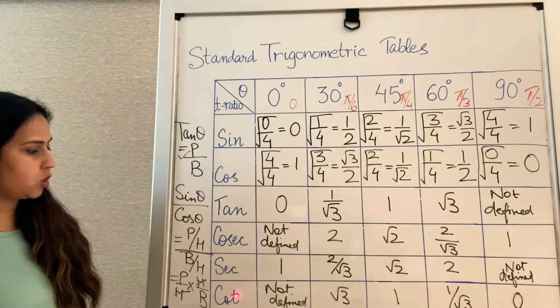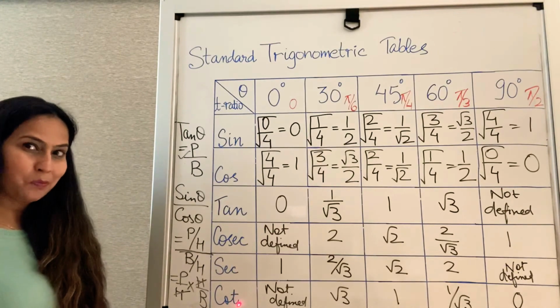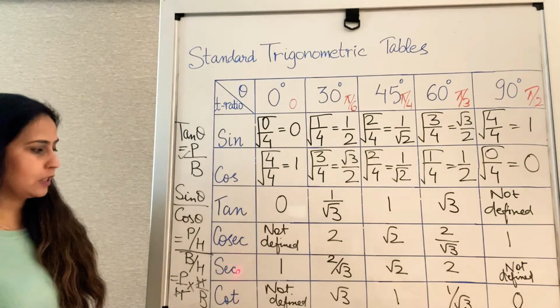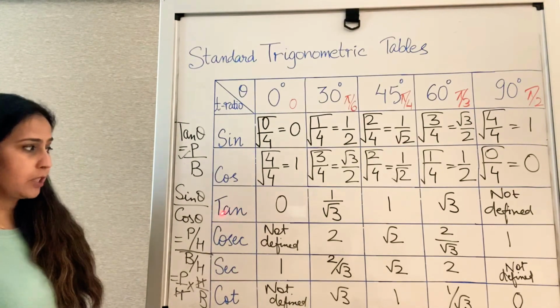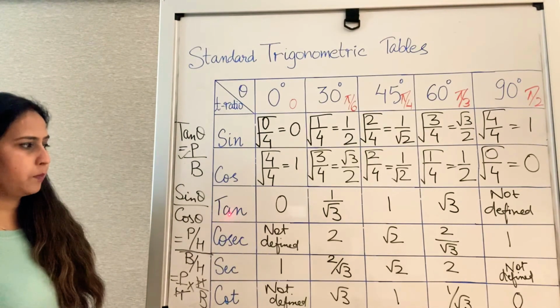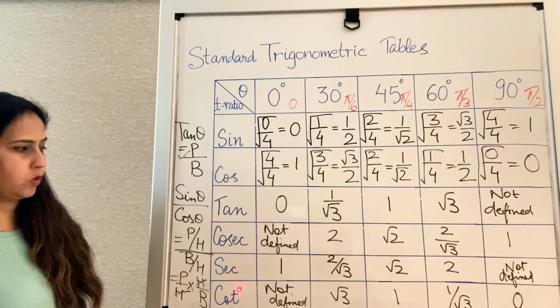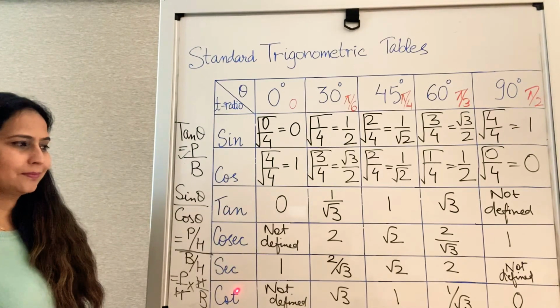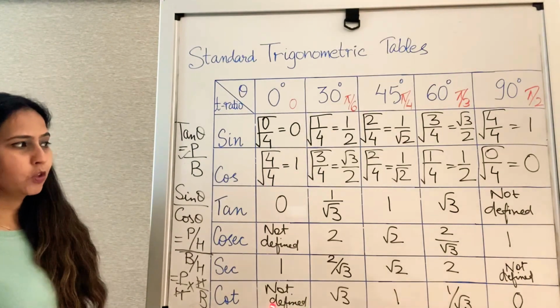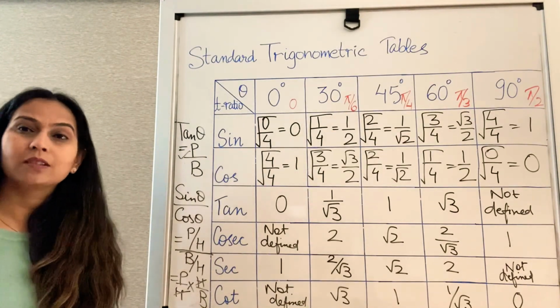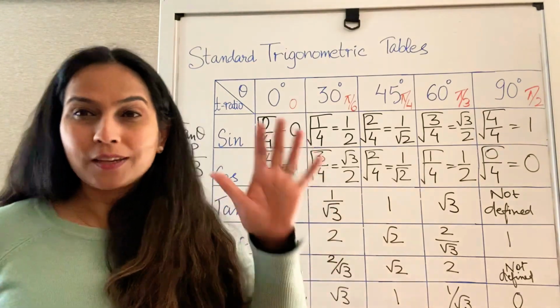And then for cotangent, there are various methods. One method is you do cosecant over secant. The other method is you do the reciprocal of tangent. You can go with the reciprocal of tangent, that gives you cotangent. Yeah, makes sense. So we can create the trigonometric table without actually trying to memorize it, just by using your